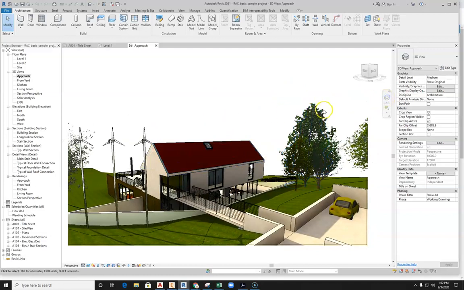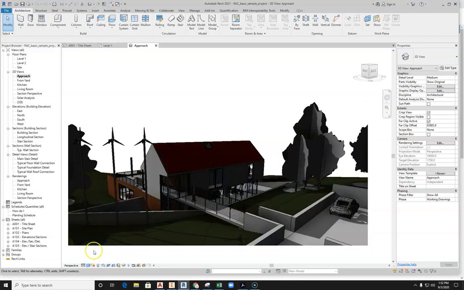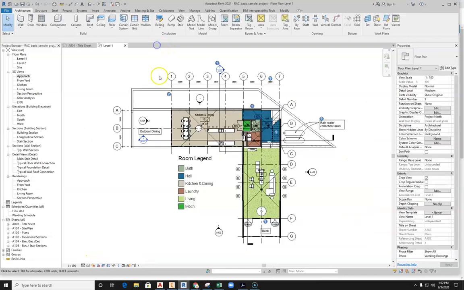Okay? Now, if we were to go ahead and try to maneuver this particular 3D view, we'll notice that it's actually fairly chunky and difficult to move around in this particular view. That has to do with the ability for Revit to graphically represent things in a 3D realistic mode. That also has to do with the computing power of the computers. So I'm going to take it back to shaded, and I'm actually going to close my approach,